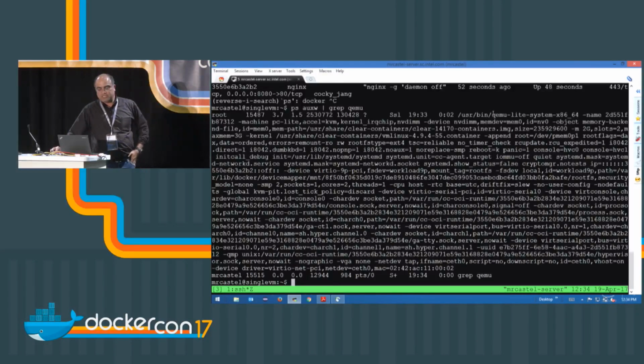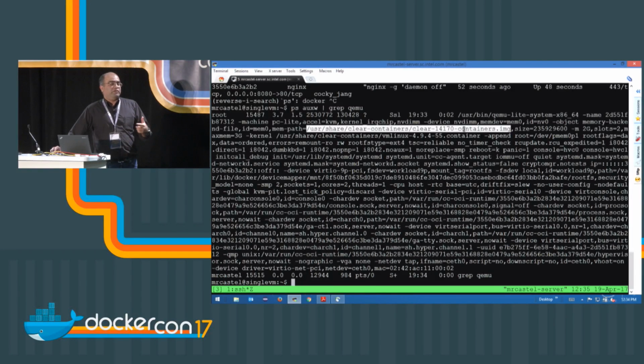So we actually launch it with a custom, highly optimized, small footprint, minimal QEMU. Each container actually runs with its own kernel. We package a pretty recent version of the Linux kernel, and it has a minimal OS that is used to bootstrap the container. One thing I want to highlight is that both the kernel that we ship as well as the minimal OS that we ship are customizable, and if you are interested in replacing them, they can be replaced. And you can do that one of two ways. We provide you tools to do that, or